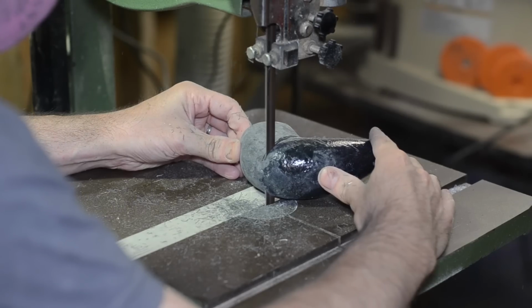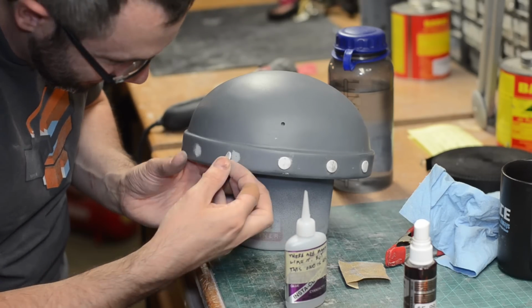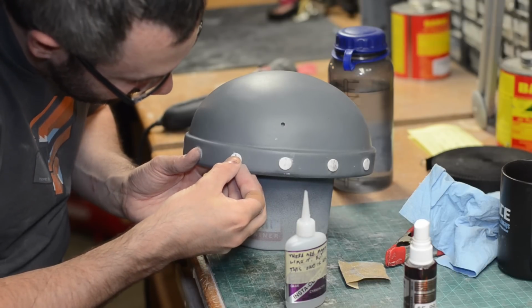For the horns, there were two of them, but one of them was broken off. So I took two castings of the horns. One of them I cut off. I also added some little circular pieces of styrene all around the edge of the helmet to act as sort of faux rivets. Then everything got primed and painted. We opted for sort of a